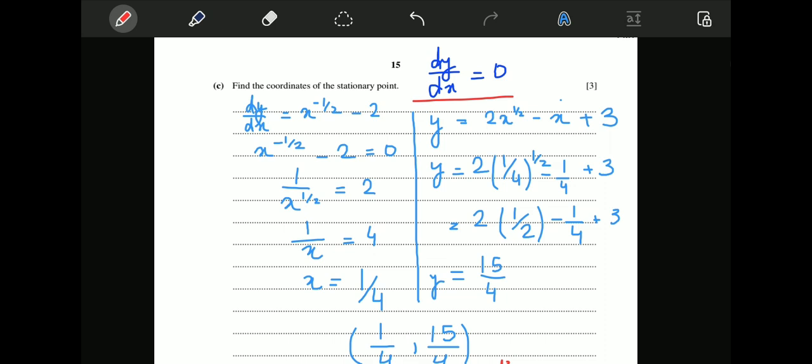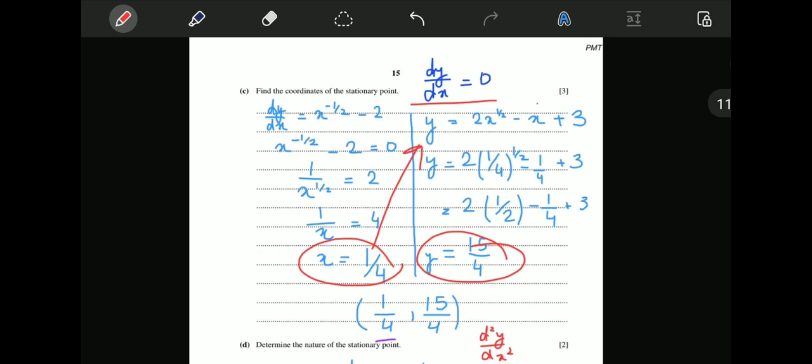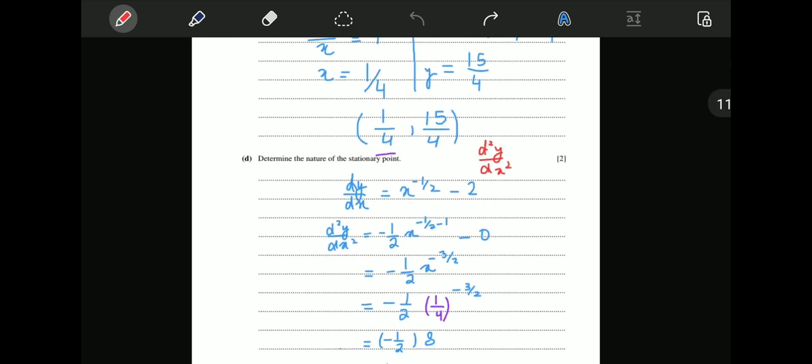equals 0 for a stationary point, so we'll put this equal to 0. We'll find the value of x, and then substitute it in the equation for y, and you'll get the y coordinate, and this is the coordinates of the stationary point. Okay, always after this question we have a question to determine the nature of the